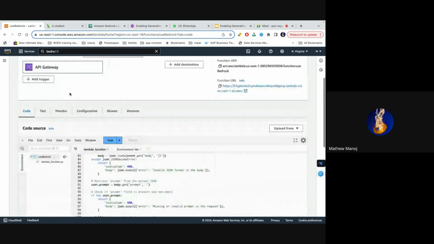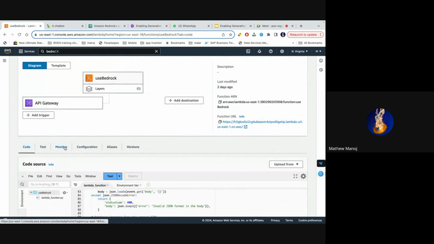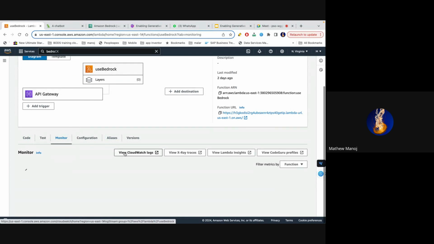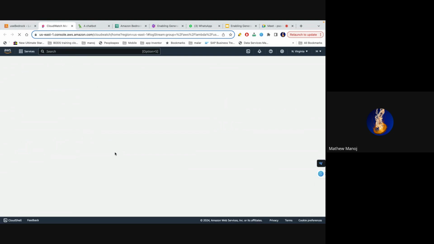And if you want to monitor how the logs are working in your application, you can go into this Lambda function, go into the monitor, and you can see CloudWatch monitor logs. That is also another AWS service.